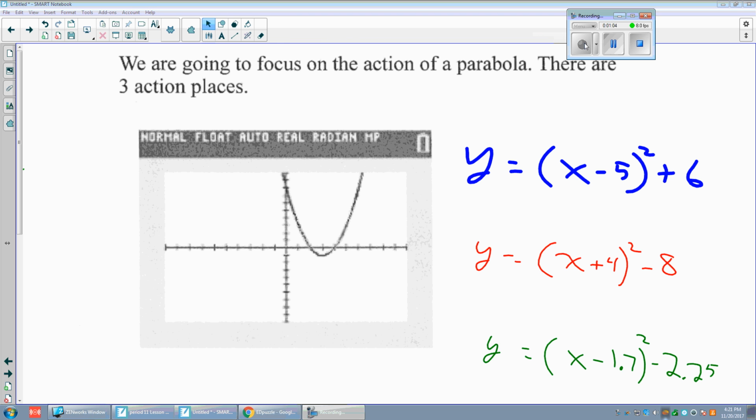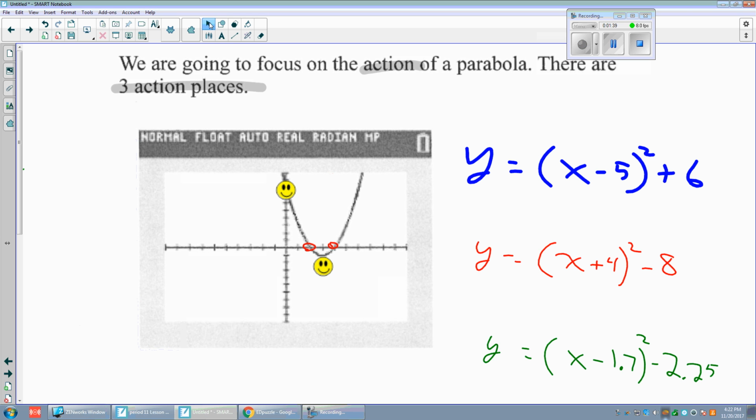And what are we doing right now? We're going to focus on the action of a parabola. There are three action places. Where are those action places? Well, the y-intercept, where it crosses the y-axis. The vertex, where it changes from a negative slope to a positive slope or from a positive slope to a negative slope. And then those two action places are the x-intercepts. Let's talk about